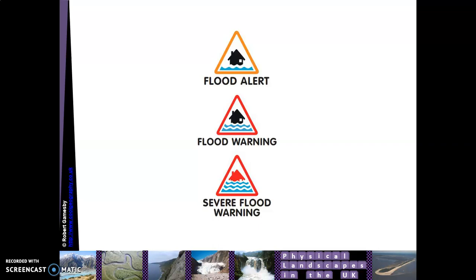But the really good thing about flood warnings is it's quite cheap to implement. All you need is a team of scientists, or even just a few measuring stations along rivers, to give data to say, right, there's a risk, and therefore it's quite cheap to maintain. It's quite cheap to import as well. It also doesn't influence the river. It's totally sustainable because we can monitor it, we can change it, and it doesn't change the river,